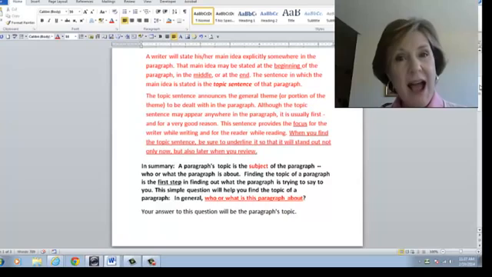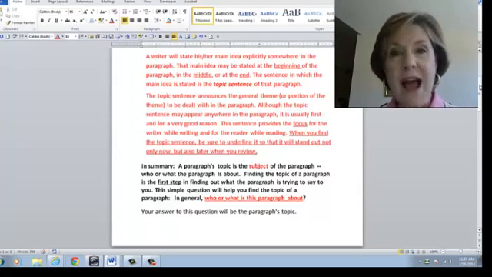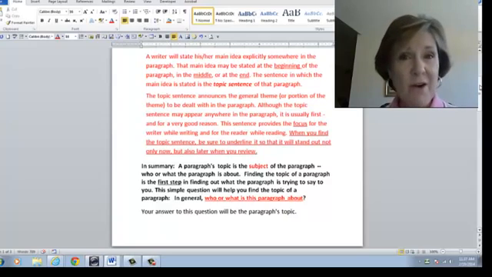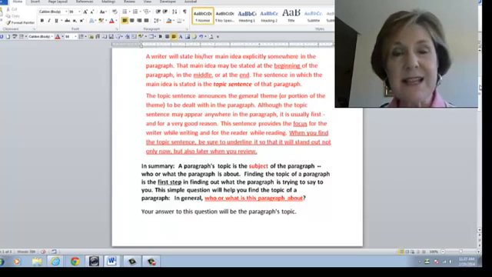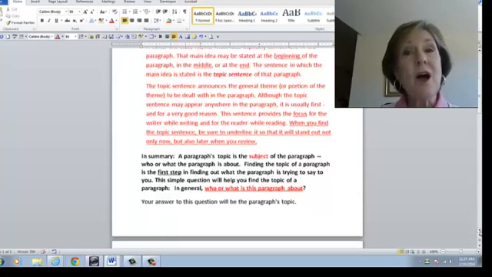So the main idea is what the author wants you to know, what the author is organizing his entire paragraph around. The topic sentence expresses that main idea. So it tells you what that main idea is. So that's how those two are related. In summary,